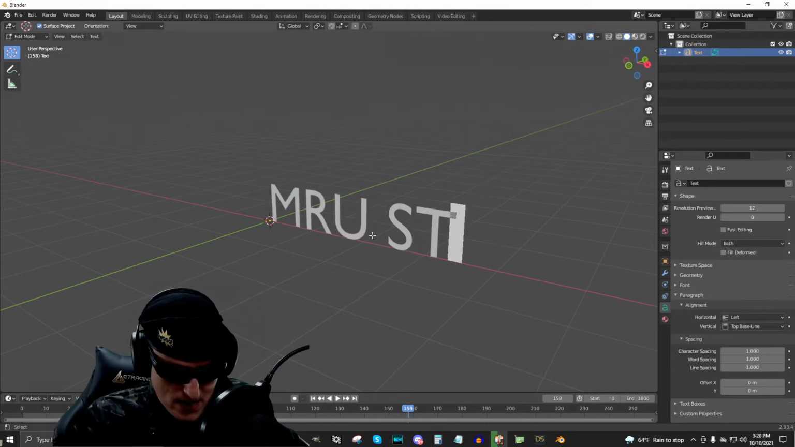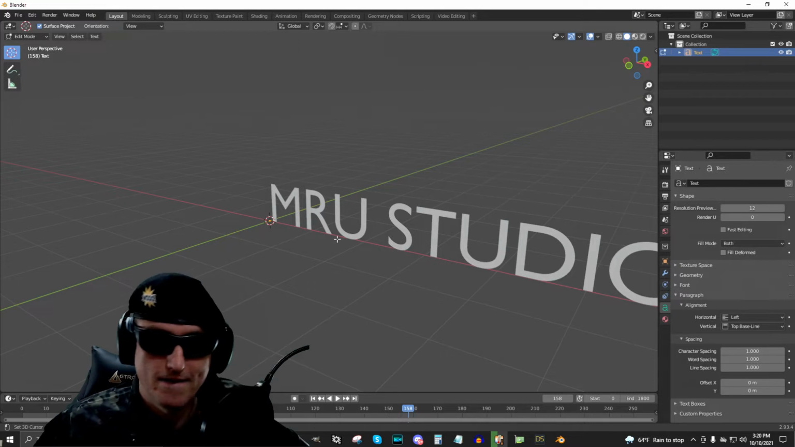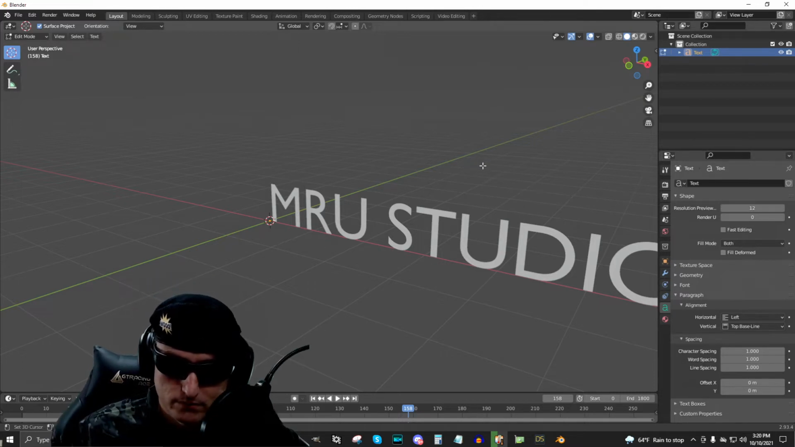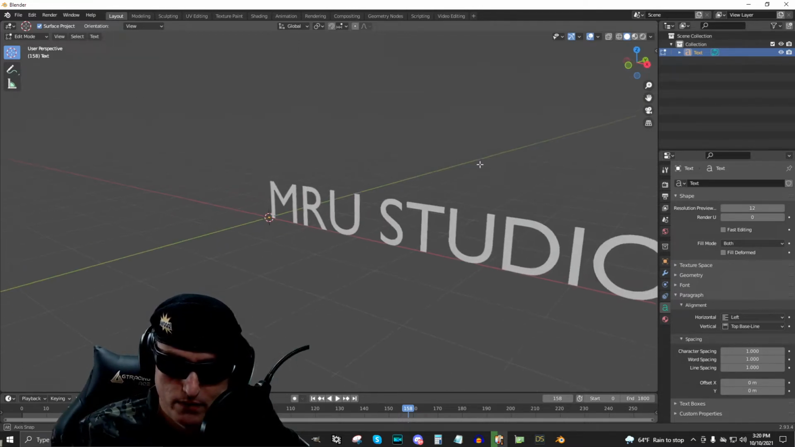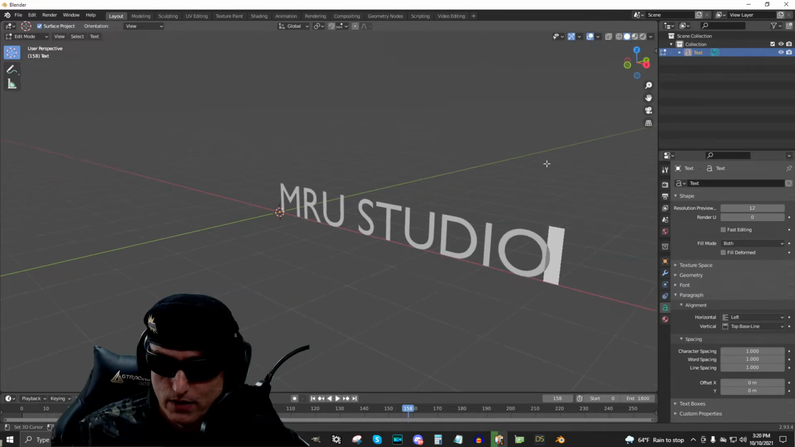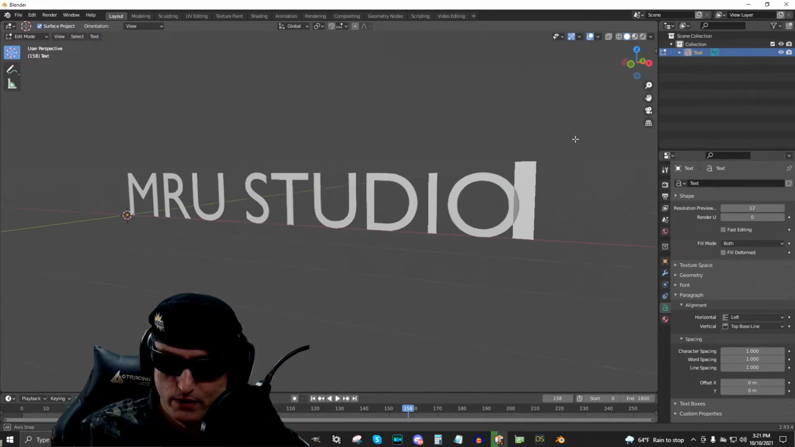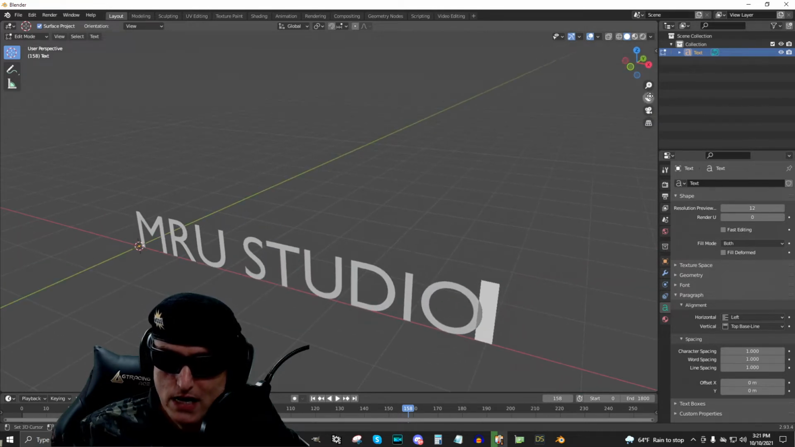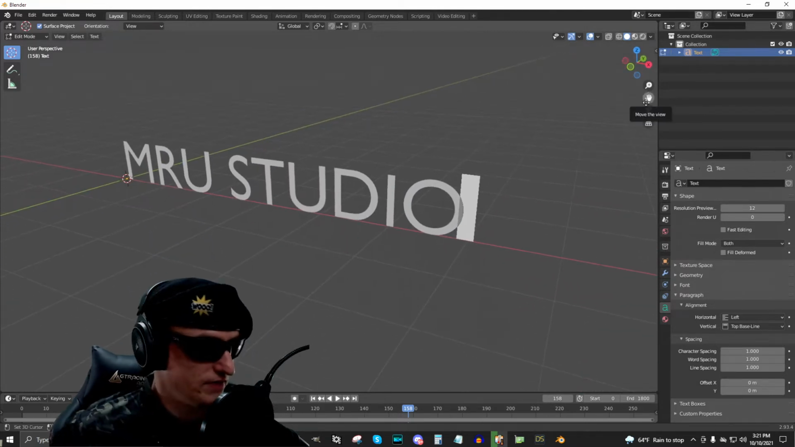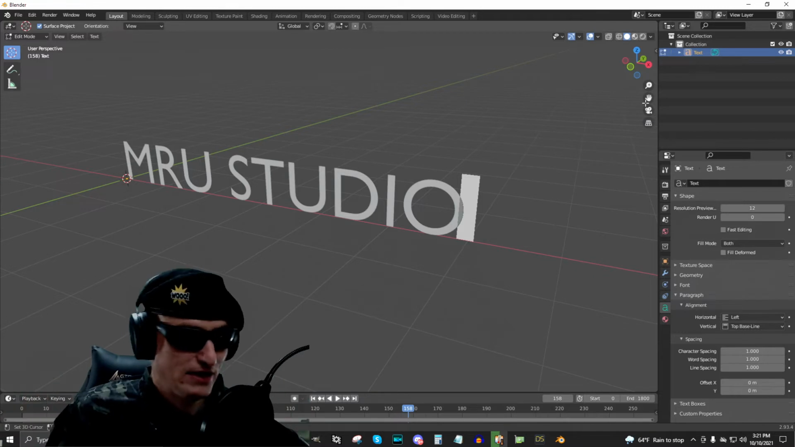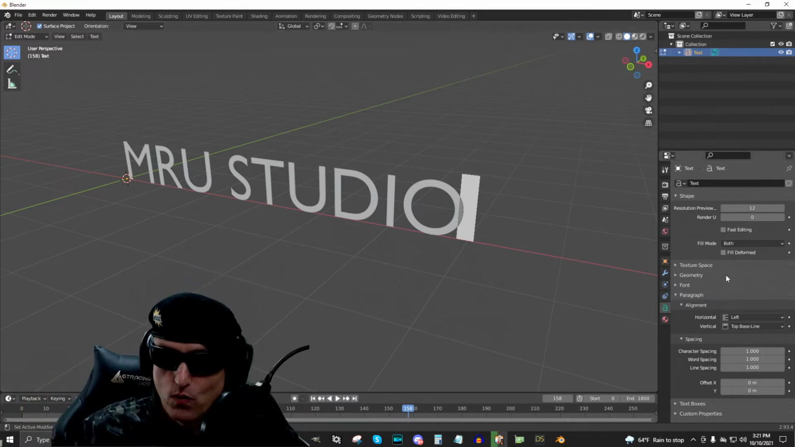Now this is going to be a default font. Again, using the scroll wheel to move the view, we'll zoom in. Right about there is good. This is not the text I want. I want a sci-fi looking text, right? So I have a font downloaded called